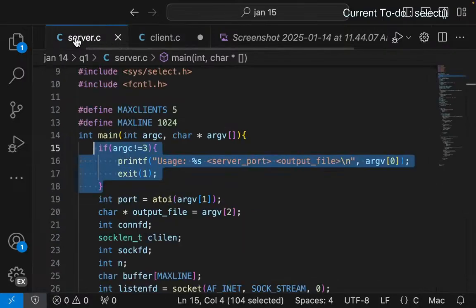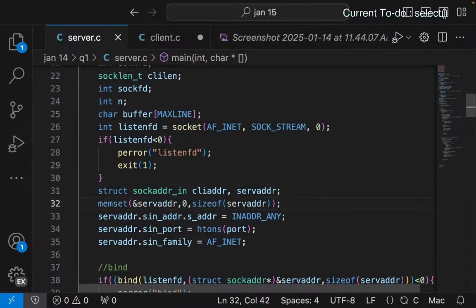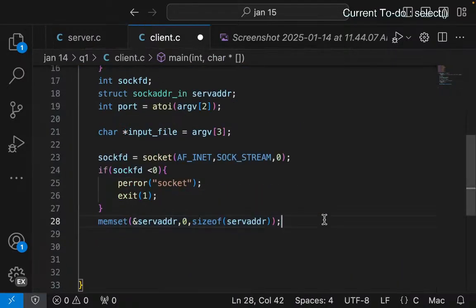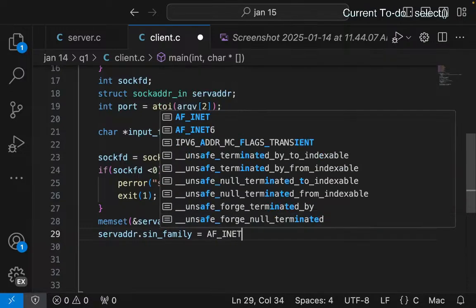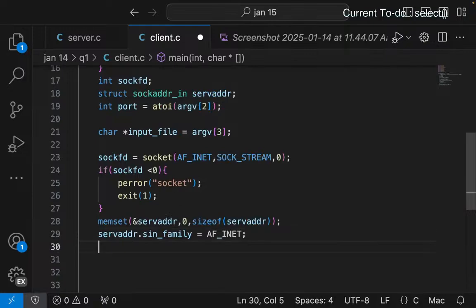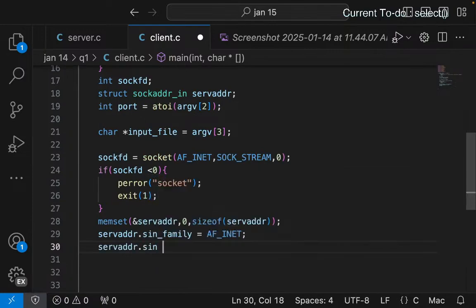This should actually be here too. Cool. And then do serv_addr.sin_family, AF_INET, serv_addr.sin_port can be htons port,